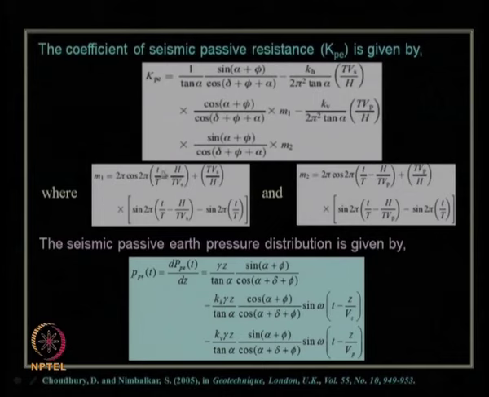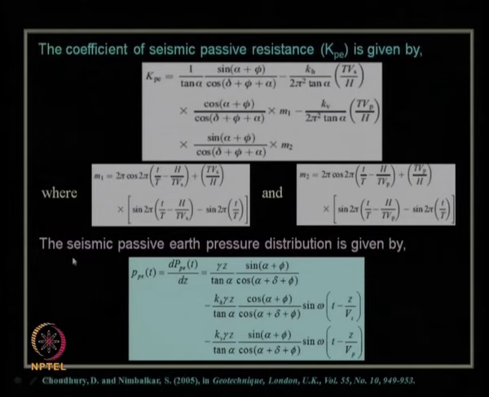So, we have to optimize this value of KPE. What should be the design value of KPE? As we know, for the passive case it should be the minimum value, right. So, the minimum value of KPE needs to be obtained with respect to a combination of this alpha value and this t by T value. So, that optimization has to be carried out. It is an optimization problem to obtain the minimum value of KPE, or design value of KPE, which was not present in the case of the static problem. In that case, we have to minimize only with respect to this alpha value.